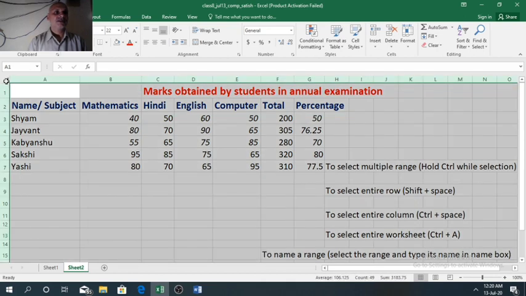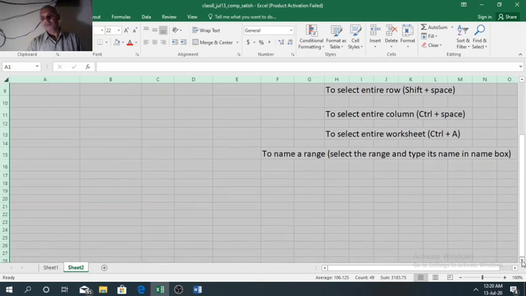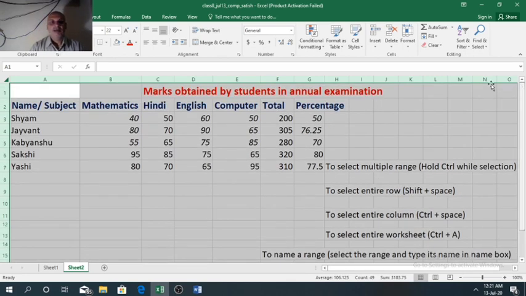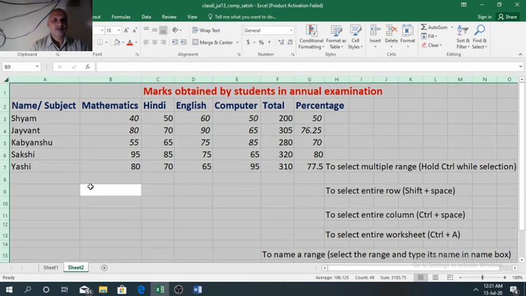Just click on this arrow. So you can see the entire worksheet is selected. That is the first method using the mouse. But using the shortcut key Ctrl A, also we can select the entire worksheet.